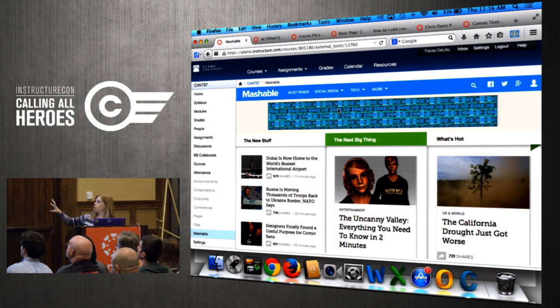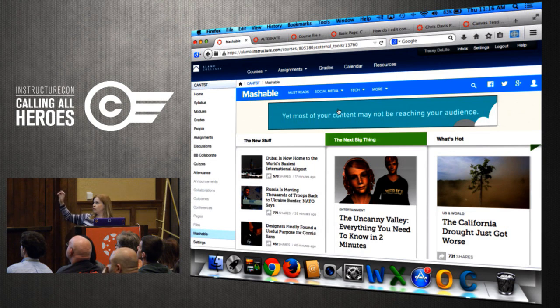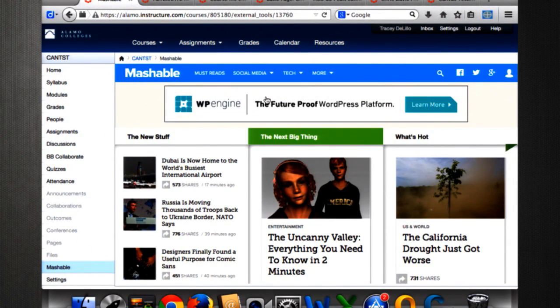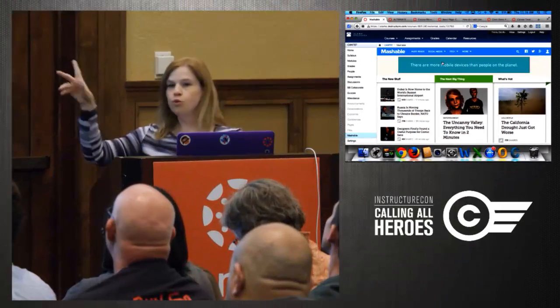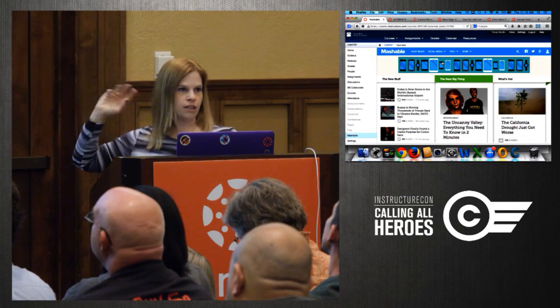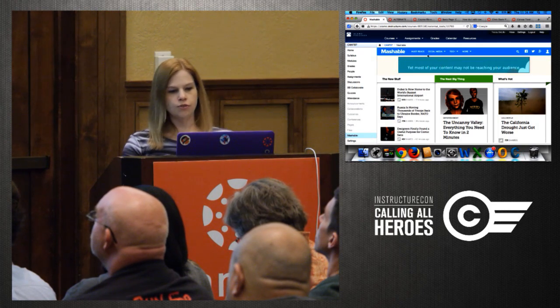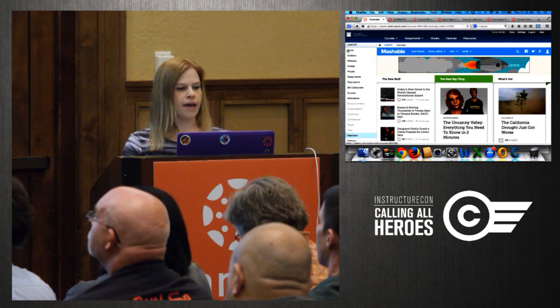So this is a live web page inside of my Canvas frame, and students can click on it and read it. And if you're pointing to something, maybe it's a web page you developed. Again, this is a situation where you point to it. You can be fixing it on the fly in real time. It's all showing up live. It's not like a file you've uploaded. So that's my one LTI tip for you for today.